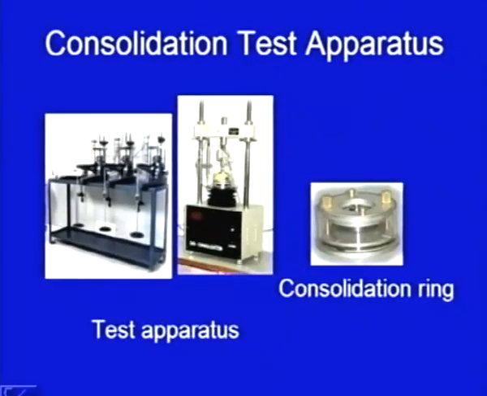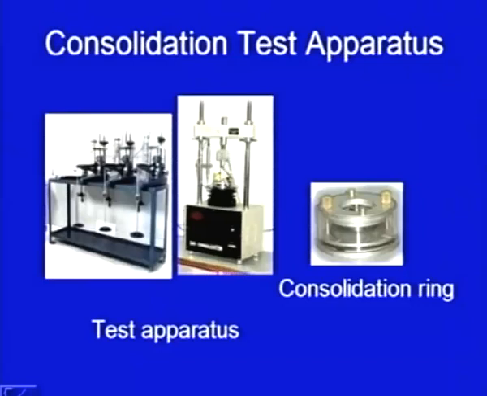Let me discuss something about the consolidation test apparatus. Here are the two photographs I have given. This is the apparatus, and this is a consolidation ring. This is the most important part, you can say. It is a circular ring with a certain height, let us say height is h, diameter is d, and in the ring that particular specimen of soil is placed, and now this consolidation ring is placed in the apparatus somewhere here,